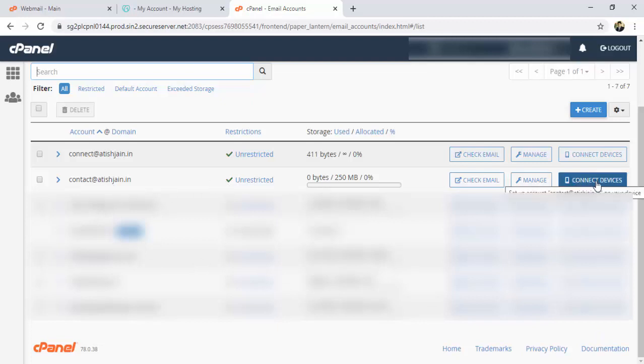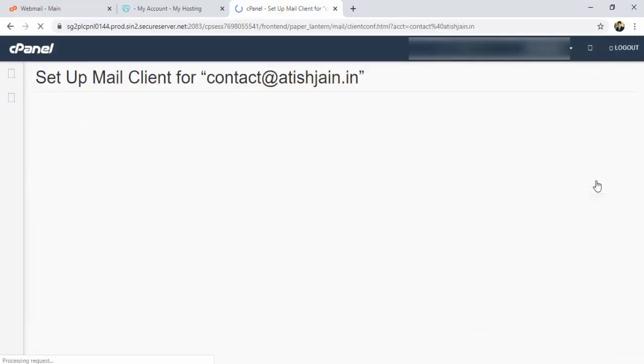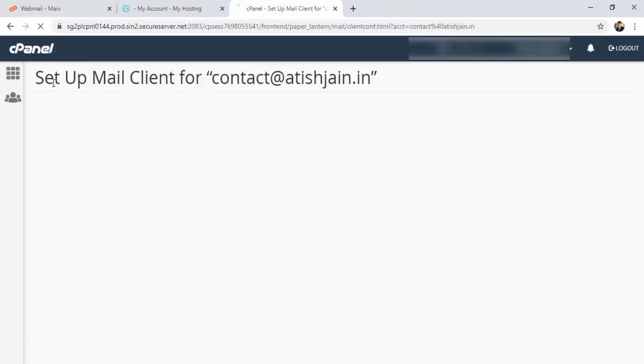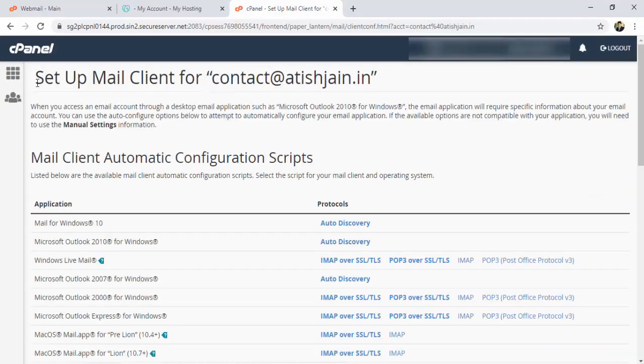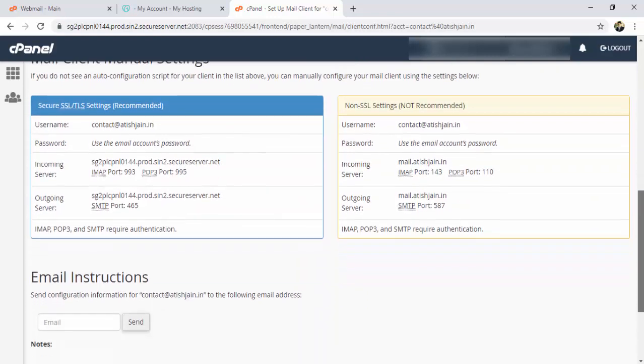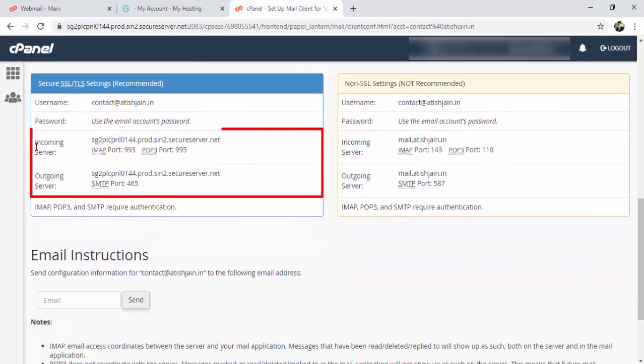Just click on connect devices. Then you'll get this screen, set up mail client for contact@atishjain.in. Go to the bottom and here you'll find the incoming server as well as the outgoing server. That's nothing but your SMTP and this is your POP3. From this also you can copy and paste over there.